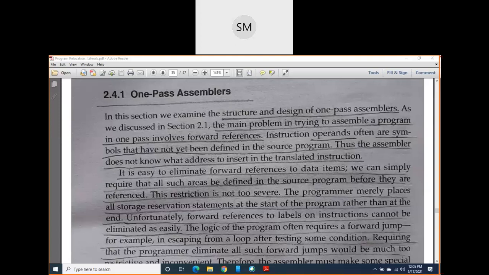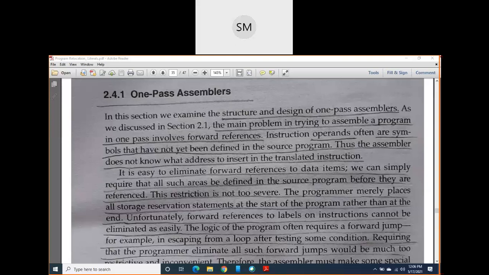Then how to eliminate this? Very simple. If you observe your program, first we write the logic of the program, then at the bottom we write the symbol definition section.